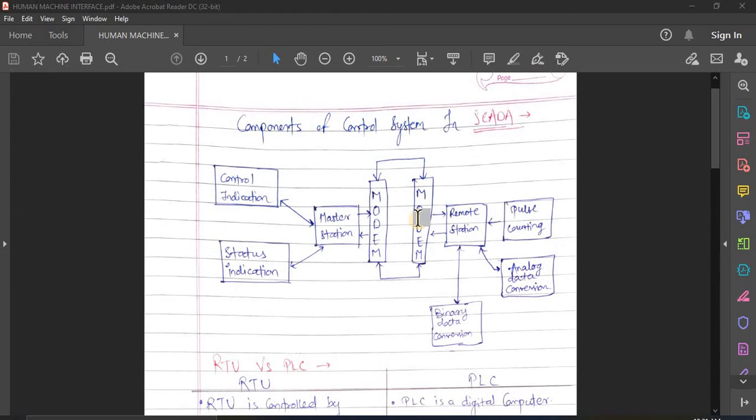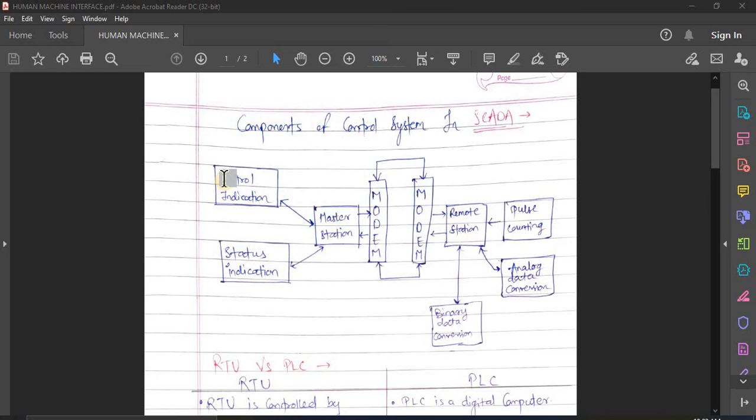So, starting with the components of control system in SCADA. You basically know that SCADA has a master station in which all the data is collected, transferred, analyzed and then indicated. And then control action is taken. So this is what the control system in a SCADA looks like. First of all, a modem is required in order to transmit the data through wireless LAN or LAN. So two modems are required for that purpose, and the modems have a two-way connection to each other.